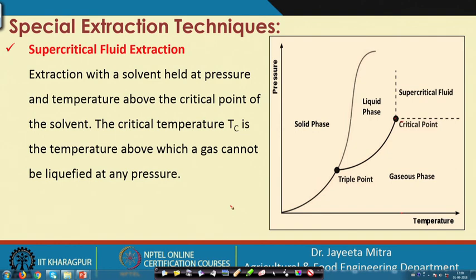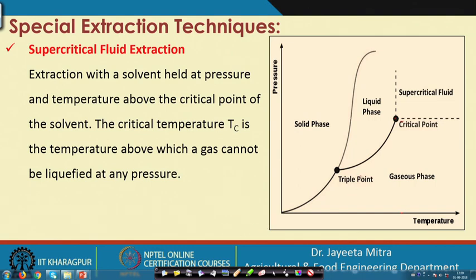Although it will not become liquid, its density will approach that of the liquid, and that in a way increases the ability to solubilize the component. So, the solubility of that fluid is increased. That is why it is helping in extraction,